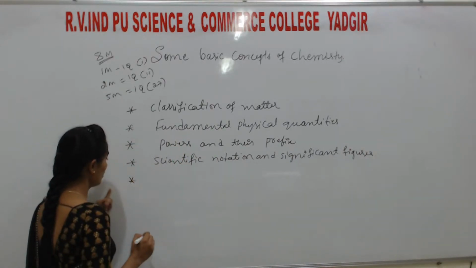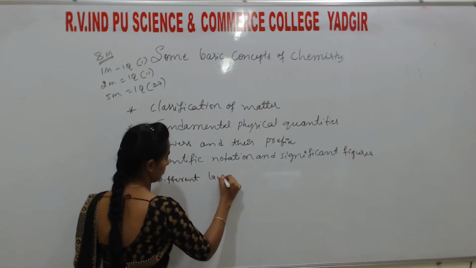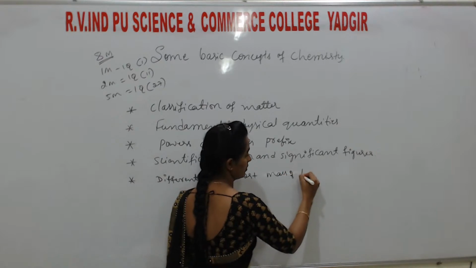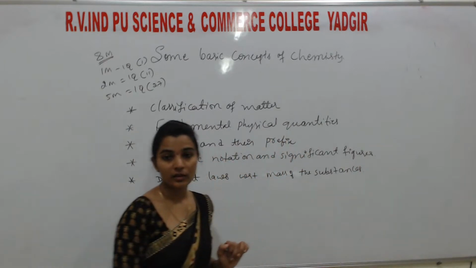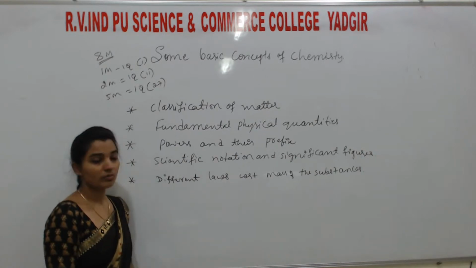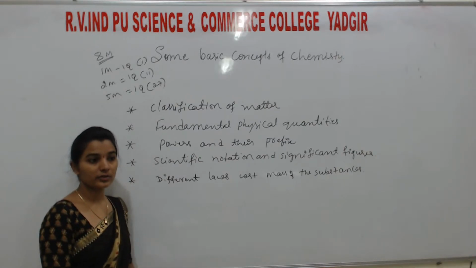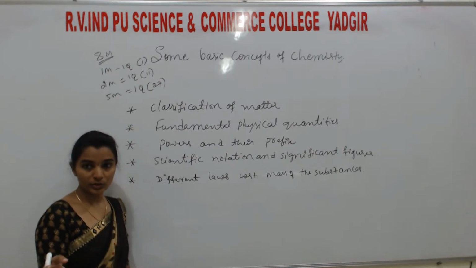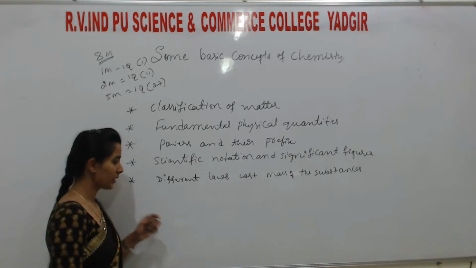different laws with respect to masses of the substances. Law of conservation of mass is there, law of definite proportion is there, law of multiple proportion. Okay, different laws with respect to mass of the substances. And Avogadro's law is also there. As I told you, while explaining Avogadro's law in the chapter some basic concepts of chemistry, we will derive the term 6.023 into 10 power 23, right? That is what we are going to say. In these different laws, 4 laws will come. Later I will explain. Next,